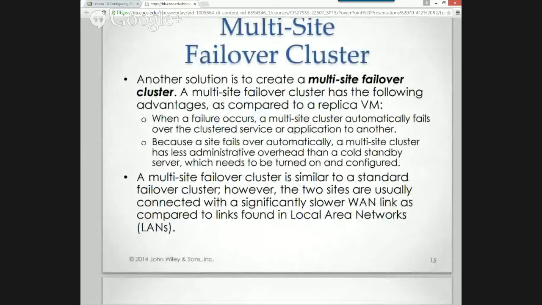Okay? So what's the difference between the local clusters we've talked about and the site cluster? Just the communication between them. The other thing though is that normally with a cluster at a single site, the two clustered machines are hitting the same storage, right? Here, what we're going to need is storage at each location.